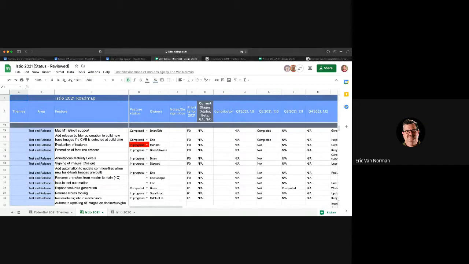It's the evaluation of features work. Miriam has created all of the PRs. The only reason it's not done is because work group leads and or maintainers in the work groups have not gone and got those PRs merged. Basically, they just need to review the checkboxes in the documents and verify that they're indeed accurate, that Miriam has the right things in there, and then merge those PRs. So the to-do here is work groups get the PRs in, and then we could mark it complete. But from our standpoint, it's done.